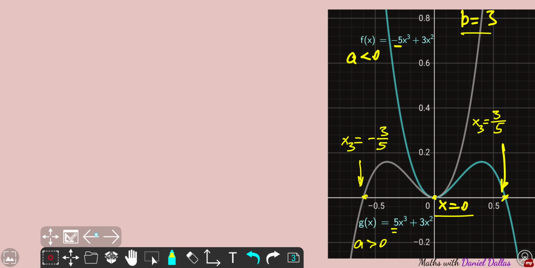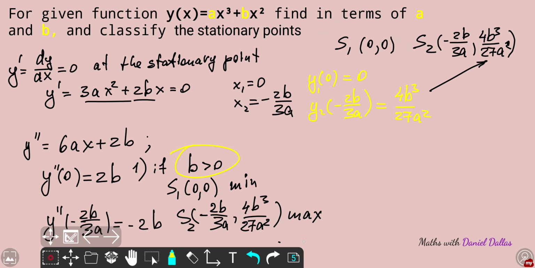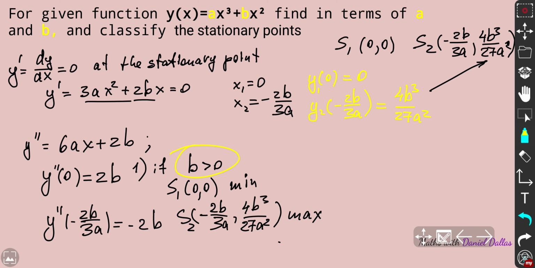What about the maximum? Let's go back and see, okay? So we have a maximum here and we have a maximum here. Of course, depending on the sign, there might be positive and negative for the x-axis, but they're both local maximums for the two curves f(x) and g(x). So that's why our brief analysis will correspond to the general way of exploration. Okay, so the second case, let's consider the last case